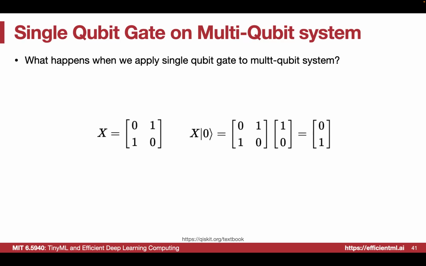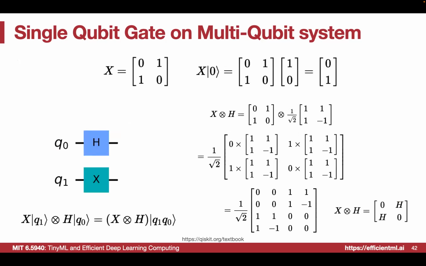And then when we have this multi-qubit system, we want to ask what happens if we apply one of our previously introduced single qubit gates to this multi-qubit system, right? Say we apply this X, and that should flip this 0 to 1. But when we apply this X to a 2-qubit system, say for Q0 we have Hadamard gates, and for Q1 maybe we want to apply another gate, what should be the mathematical equation for manipulating this system's state?